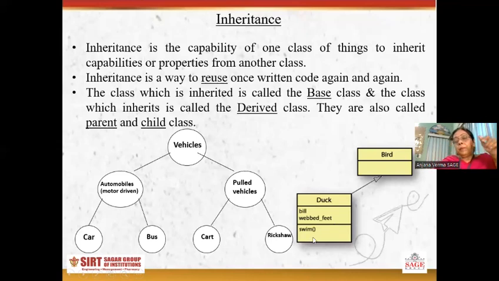Okay, and the property is webbed feet, and with the webbed feet, it can swim. Behavior is swim. Okay, means duck has the properties of bird because it is the subclass of bird. Means duck inherits all the properties of bird, and it is having its own properties also. So you can see this reuse. This is a very, very good property of inheritance,